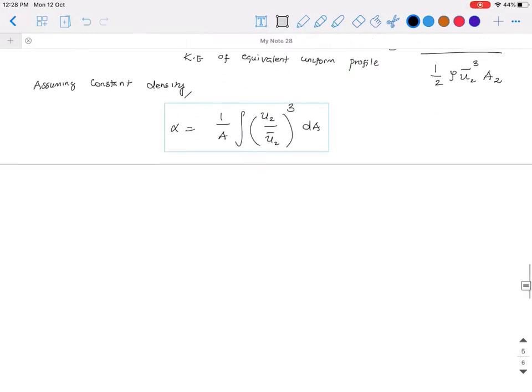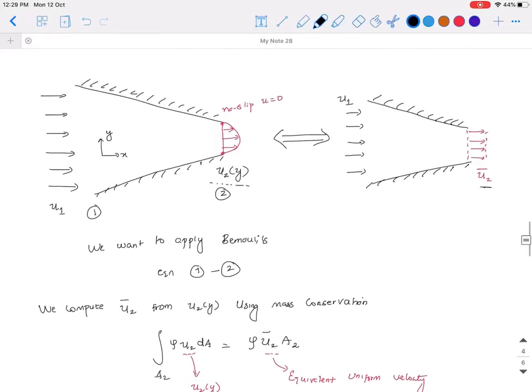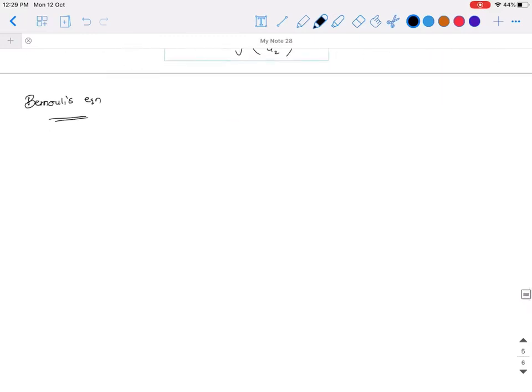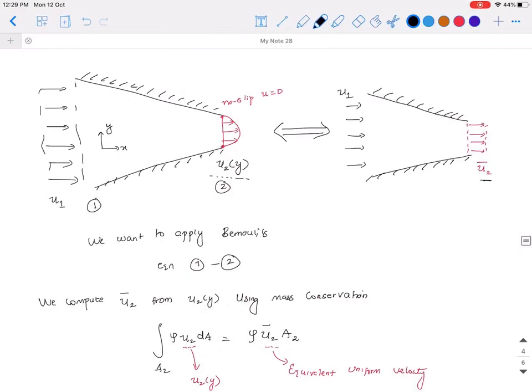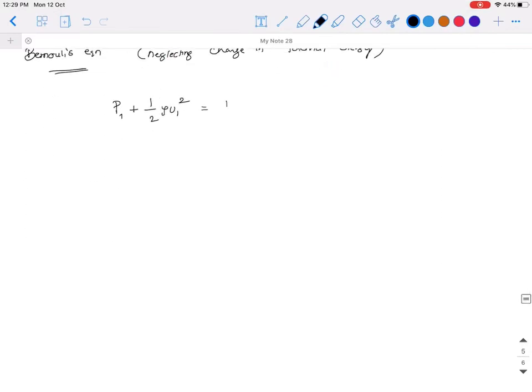Now if you are applying Bernoulli's equation for this particular example, neglecting change in potential energy, P1 plus half rho u1 square, at section 1 where u1 is uniform so there will be no change, is equal to P2 plus half